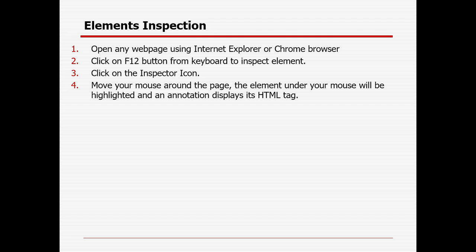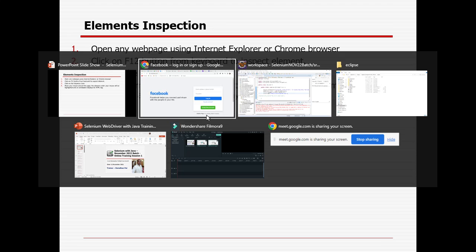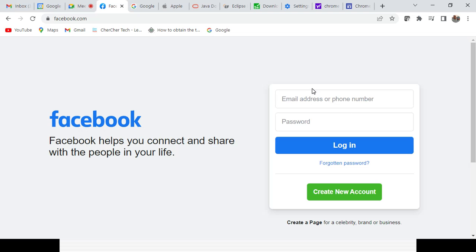So how can you inspect the element, right? As of now I have opened the page, but I need to interact with the element, right? Then how can I do it? So the first thing is that I need to identify the unique property of the element, right? So how can I do it? You need to press the F12 button from your keyboard. F12 button. It is written in my PPT as well.